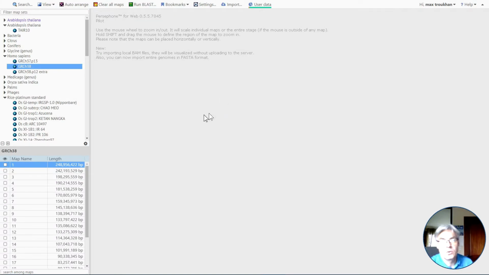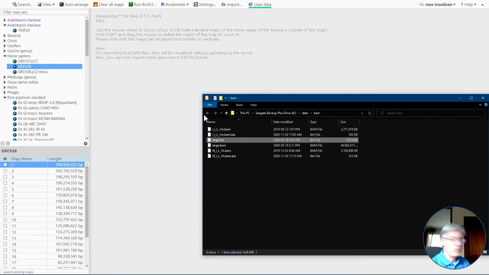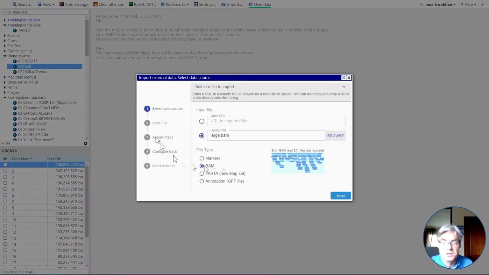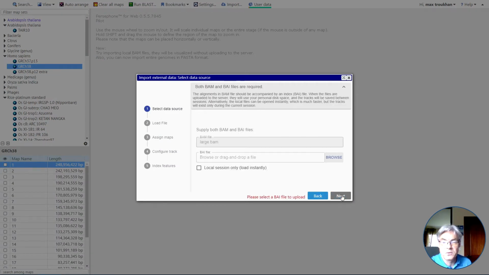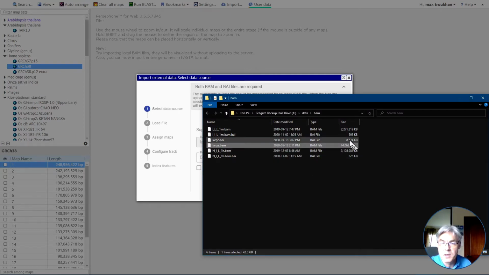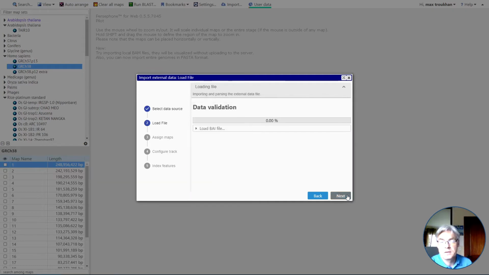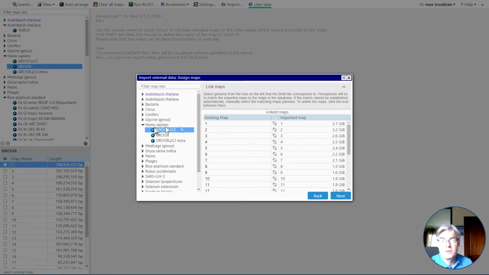I wanted to show also, beside the plant genomes, some data for the human genome and viruses. And here we have a 45 gigabyte BAM file. It's just whole genome sequencing for one of our developers, by the way. It requires an index file too. And okay, the index is uploaded, and then it finds the match, so it asks on which genome